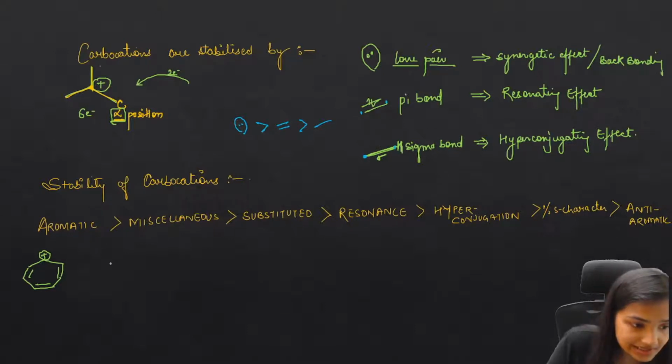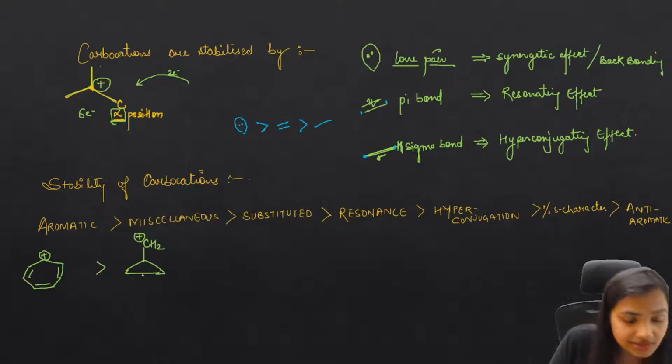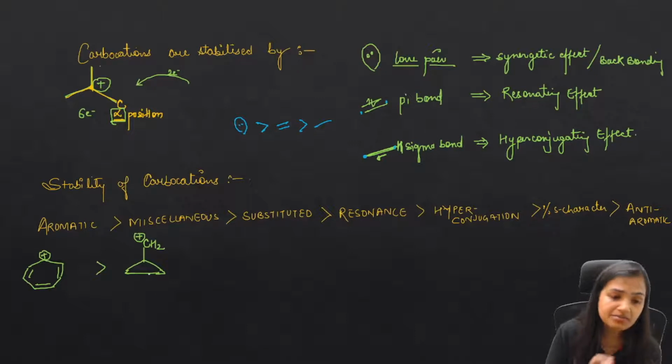Now the miscellaneous case. In the miscellaneous case, I considered with you the cyclopropyl methyl carbocation. After this, the miscellaneous category will come, and in it we have only one single example, that is the cyclopropyl methyl carbocation. So why is this more stable? The reason is, you know,